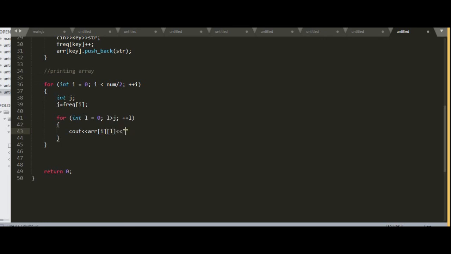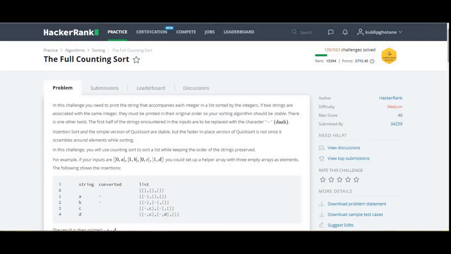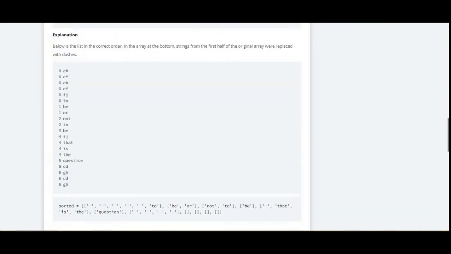So there are spaces in between, so we'll leave spaces. And okay, let's check if the algorithm works or not. So let's test our code.